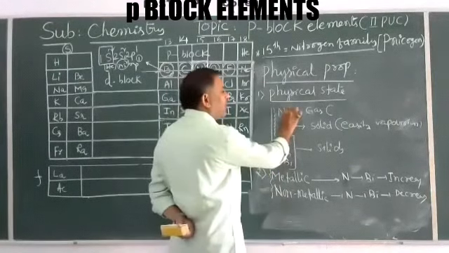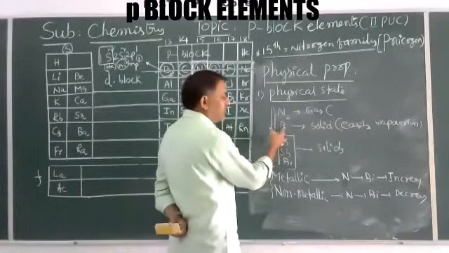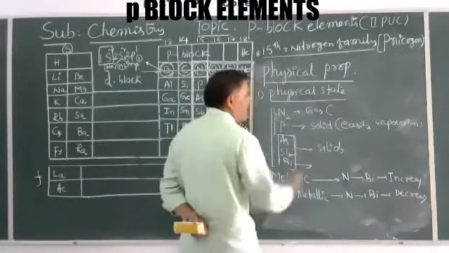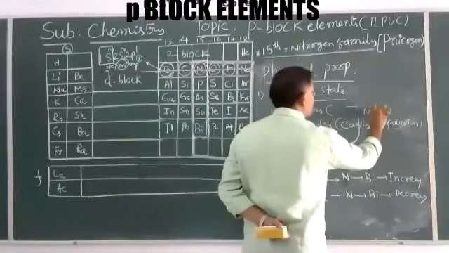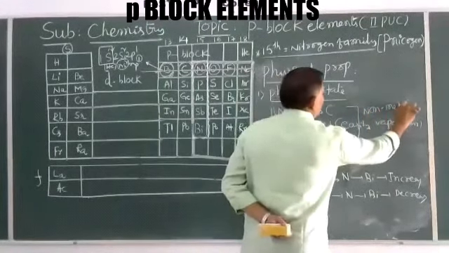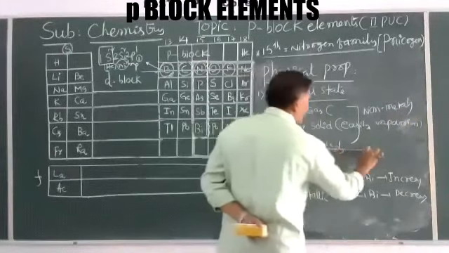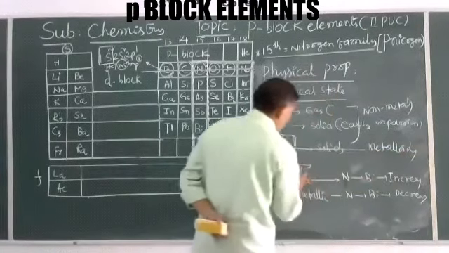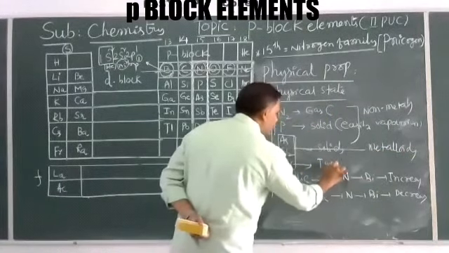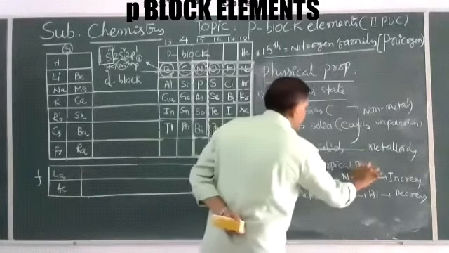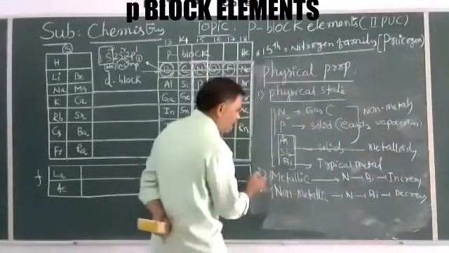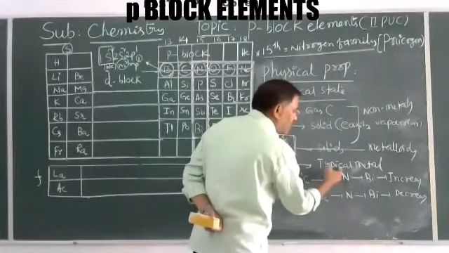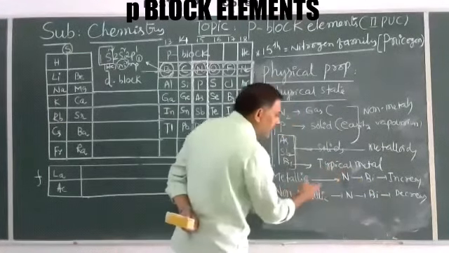It is a non-metal. It is also a non-metal. These are metalloids. It is purely a metal. Now these two are the non-metals, and these two are the metalloids, and bismuth is a typical metal. That's why metallic character from nitrogen to bismuth increases because it is a pure metal, but non-metallic character from nitrogen to